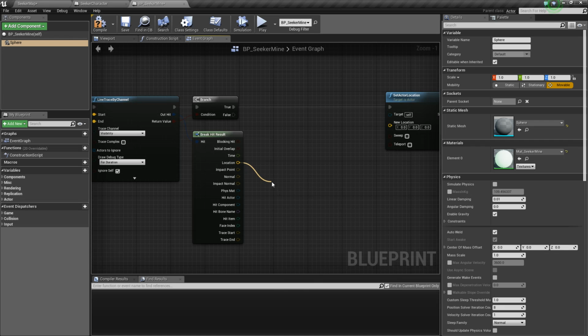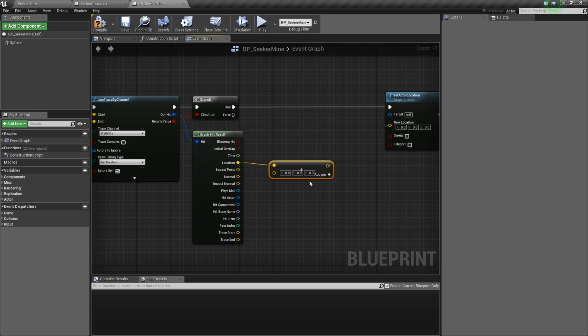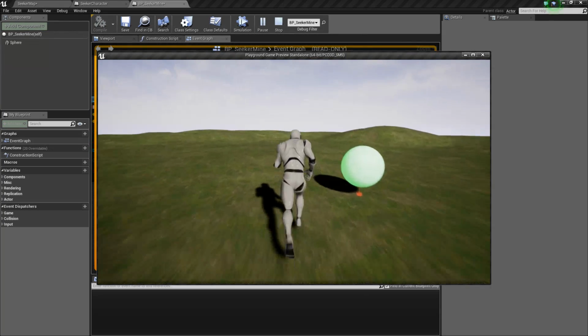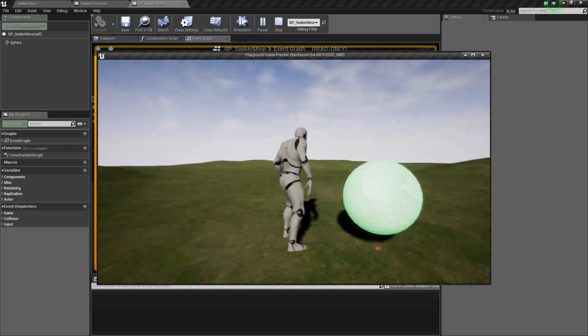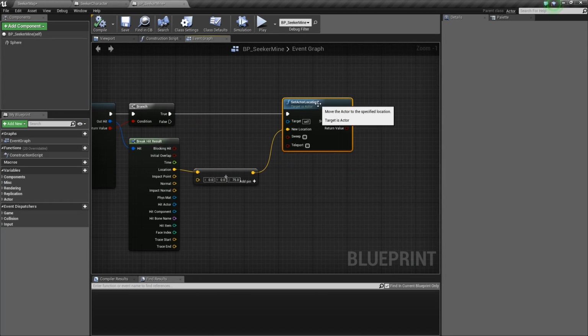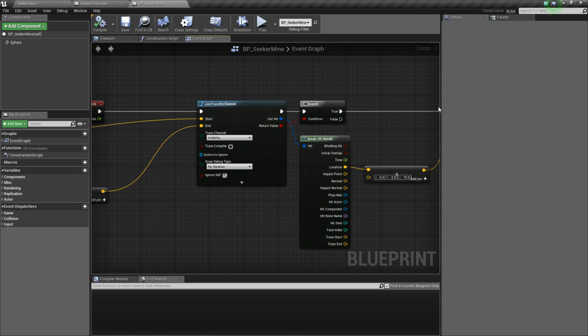So impact location, add to the vector. We're going to add 75 on the Z, set that as our new location. Let's see what happens. Okay, there we go. So that is going to set it to 75 off the ground every single frame, is what that's going to do. So in theory, if this worked, then we should be able to